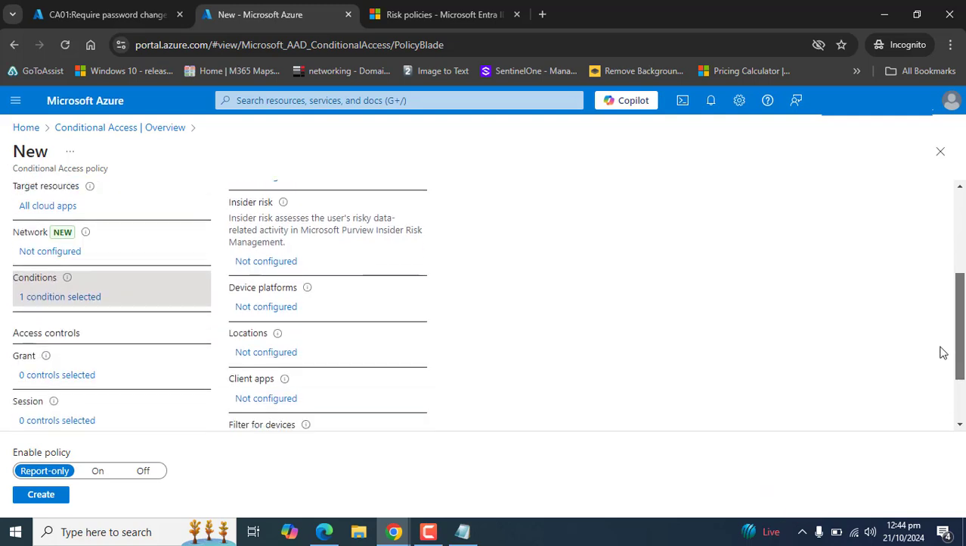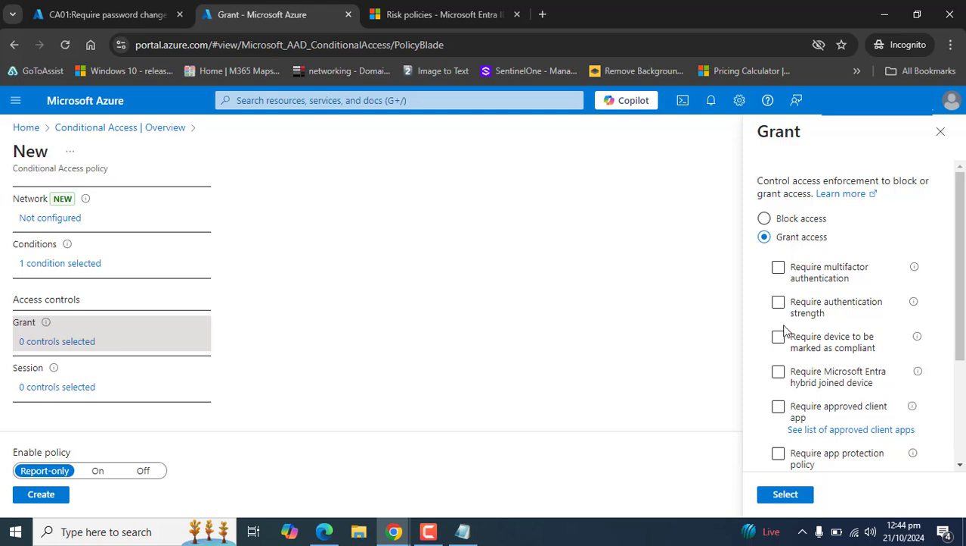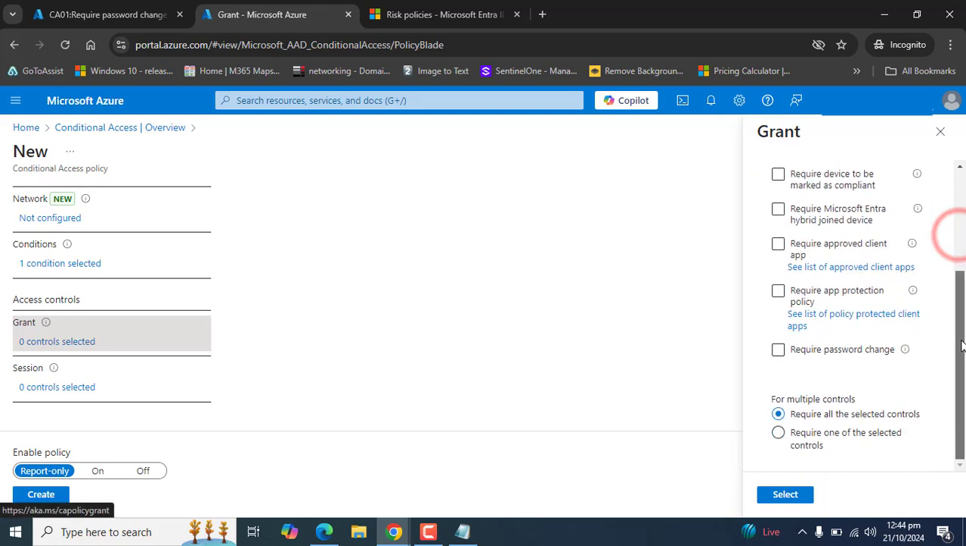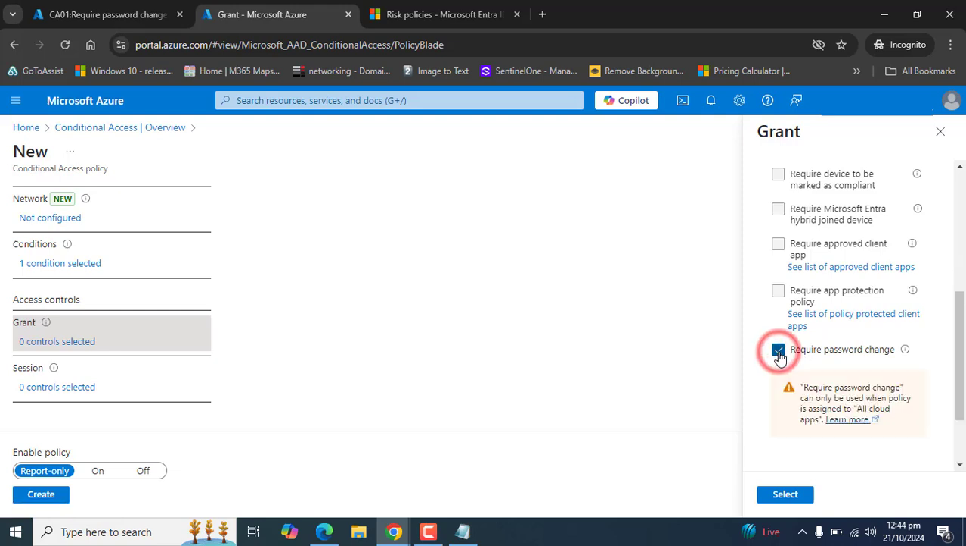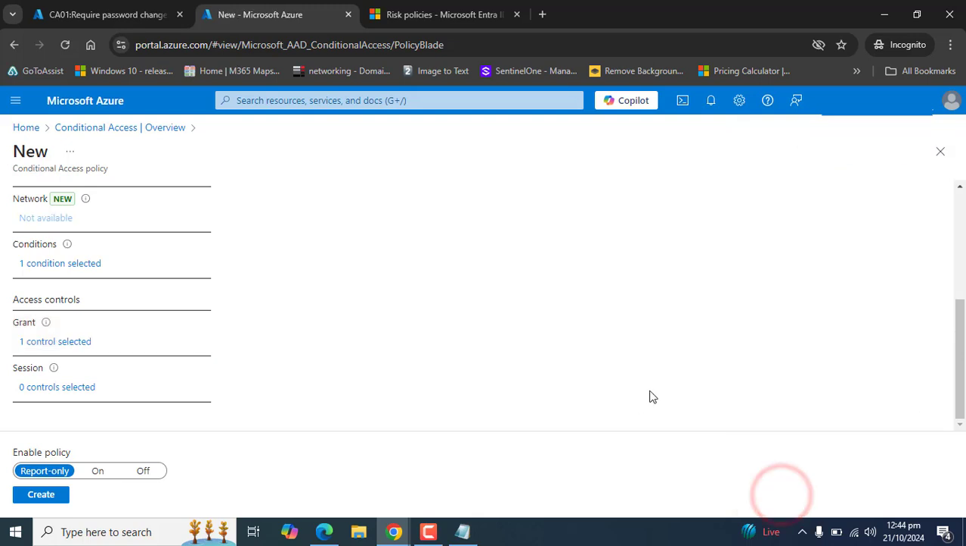Okay, so we have selected the condition, and in the grant access, what we want is to grant access after a suspicious activity for a high risk user with a password change. They must change their password to get access to all cloud applications because we got some suspicious activity from their end. And in the session, we want